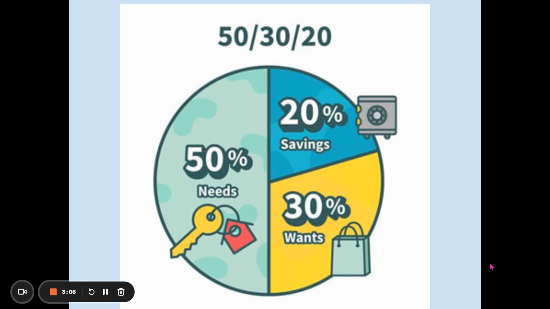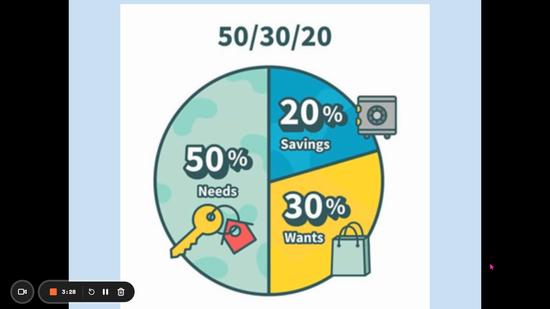All right, our second budgeting principle is called 50/30/20. So 50/30/20 says, let's take all of the money that you are budgeting and let's make sure that we're using appropriate amounts. So obviously, you have needs, things that have to be taken care of. 50% of your monthly net income is going to go to those.